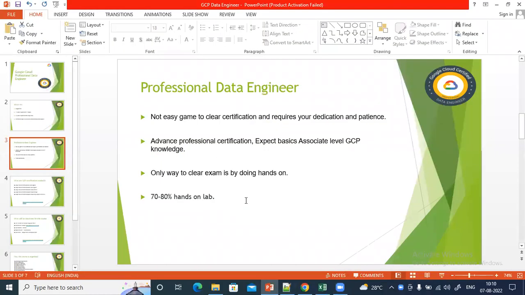Okay, so I was talking about the data engineering certification exam, which is conducted by Google Cloud. It's not easy to clear the data engineering certification exam. If you think you can just follow some dumps from various websites and you'll be able to clear it, it's not that easy a game. So you'll have to practice the